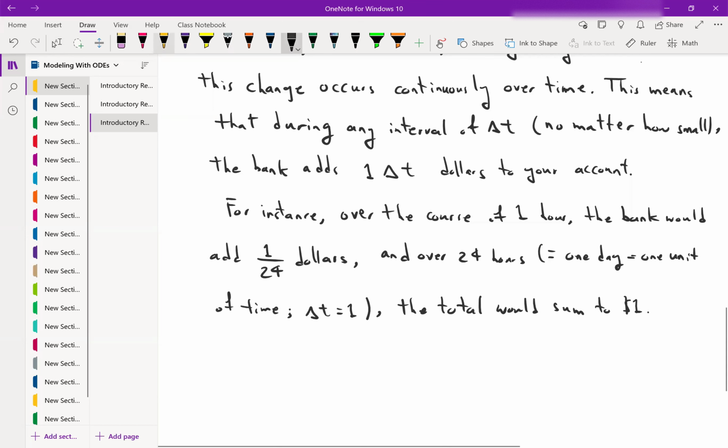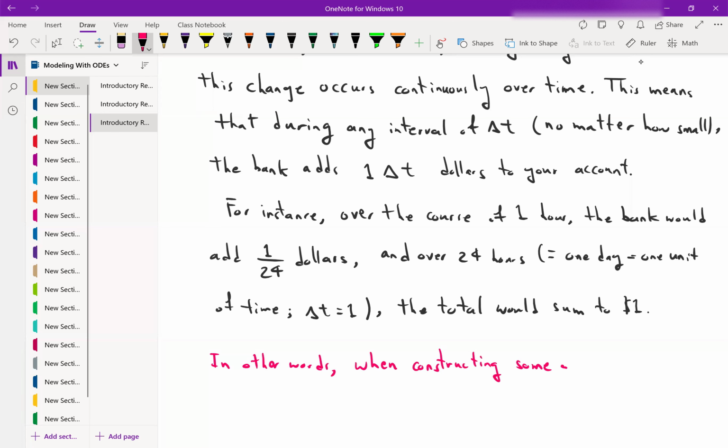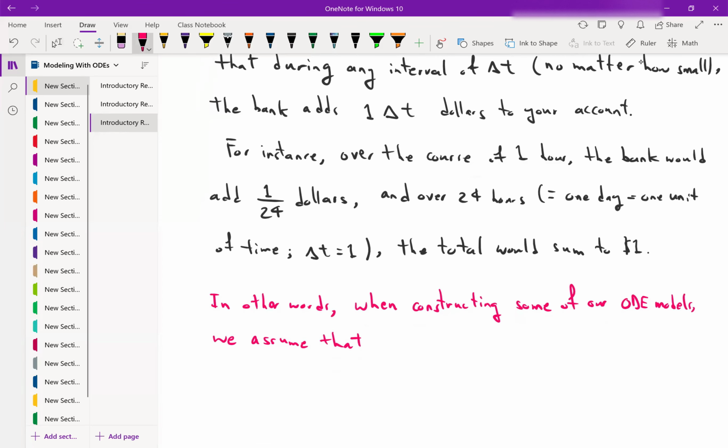In other words, when constructing some of our ODE models, we make the assumption that the instantaneous rate of change, which is the derivative,